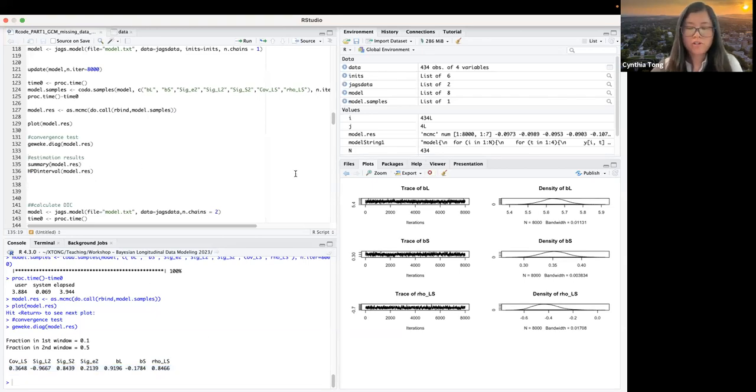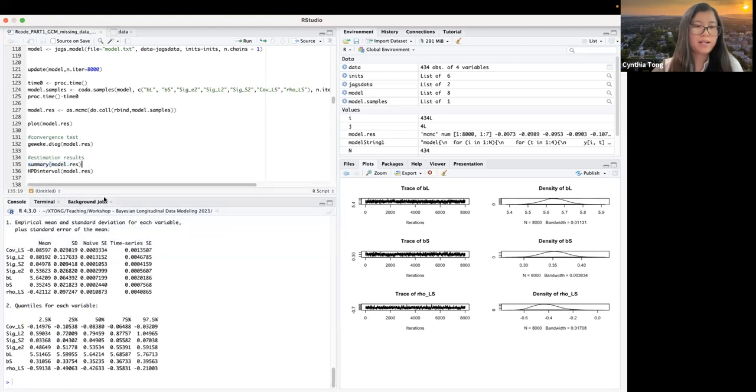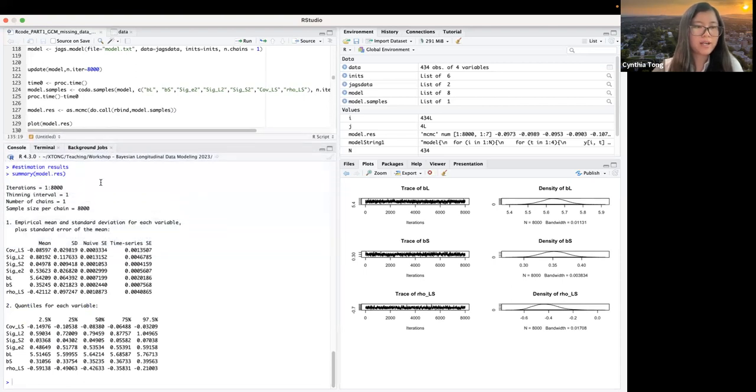Since they all converged, we can just get their summary results. So by using the summary of the model results, we can get the summary results. It gives us the number of iterations and the thinning interval. We didn't talk about the thinning, but it's basically just an option for whether you want to thin the chains. And we only have 1 chain here. And in these results, we have all the 7 parameters.